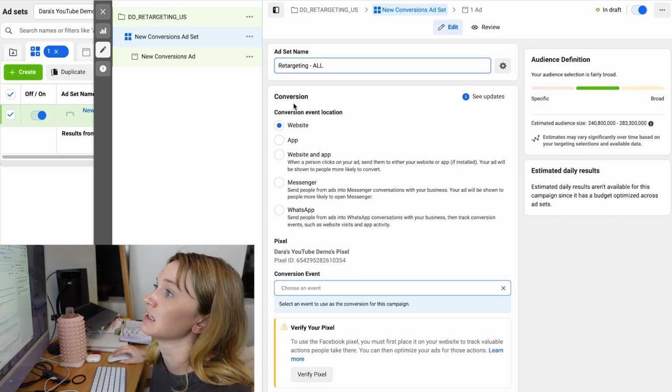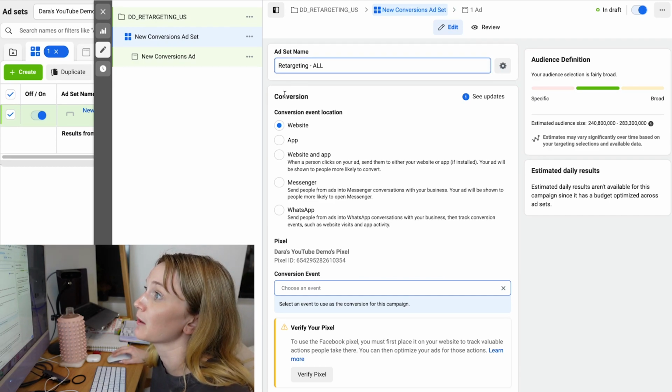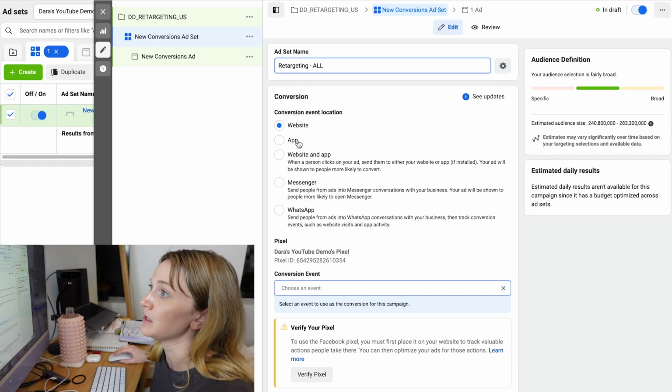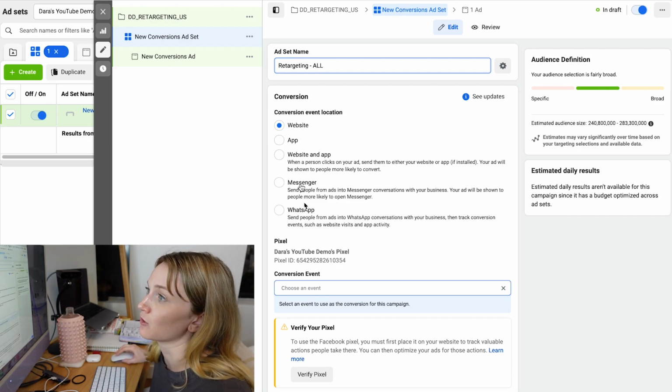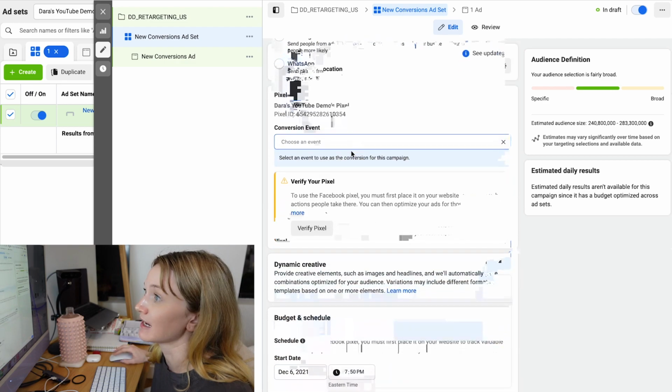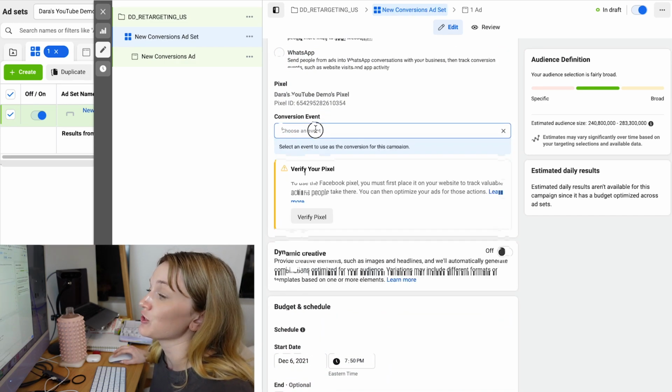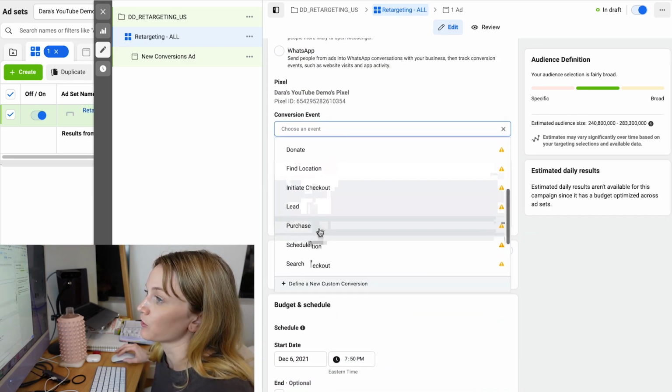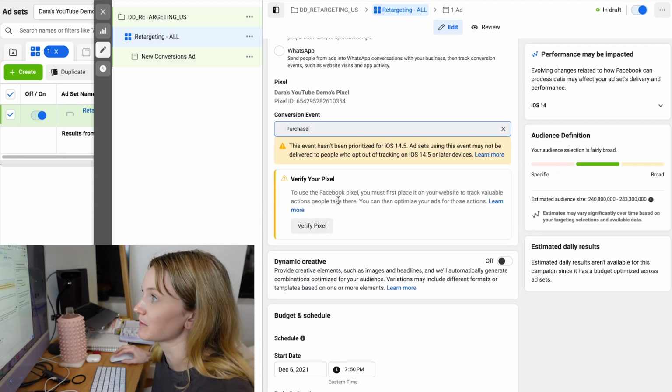Right below here, since we're using a conversion campaign, this section has popped up. We are not going to be using conversion for app or Messenger or WhatsApp. We're just going to keep it right here on the website. Now we're going to be choosing a conversion event, and like I explained earlier, we are going to be using a purchase optimization. Now this little notice right here is probably not going to show up on your ad accounts. It's only because this is a fake ad account that I just created earlier today, so it doesn't have any